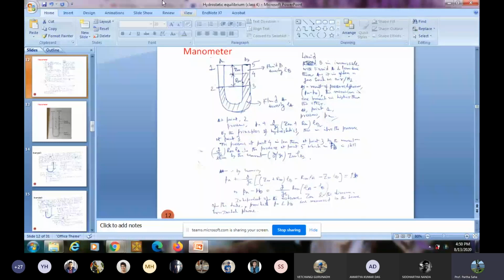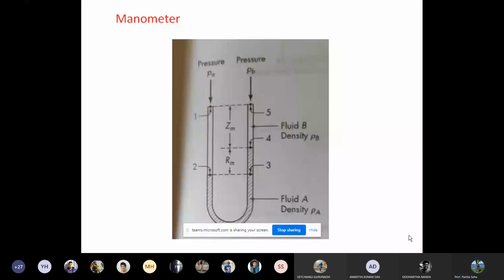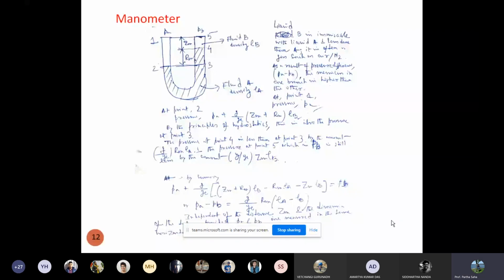So that's how you determine the manometer principle. Let's look into the next slide. I think I have already explained this. You can easily look into the book by McCabe-Smith. The expression is derived there. One thing I noticed is that the gc term is not there, because in McCabe-Smith, in the latest revision, all the calculations are in SI units, so they are not using the gc term.